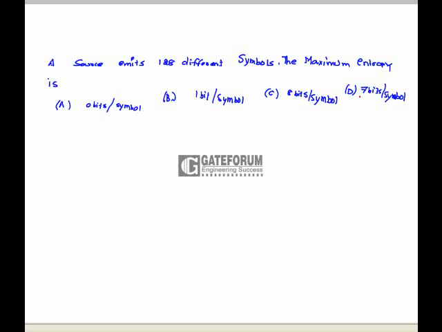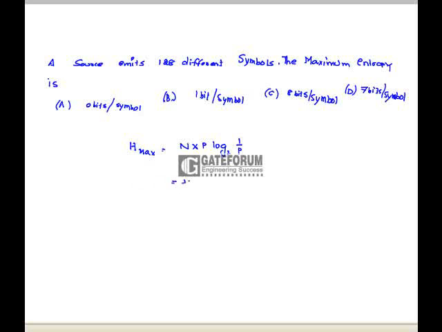A source emits 128 different symbols. The maximum entropy is? The maximum entropy occurs whenever all the different symbols emitted by a source have equal probability. That is, H max is equal to n into p log base 2 of 1 by p,